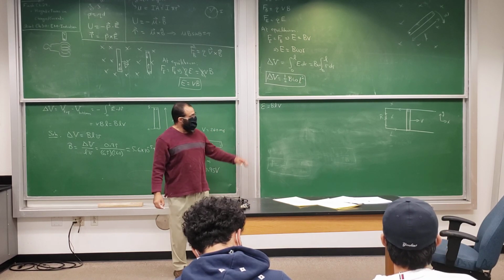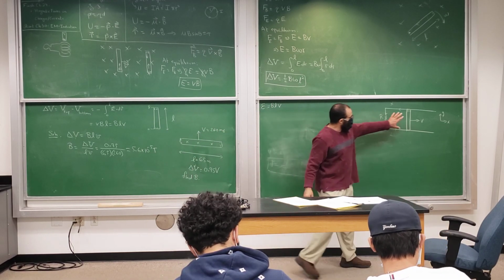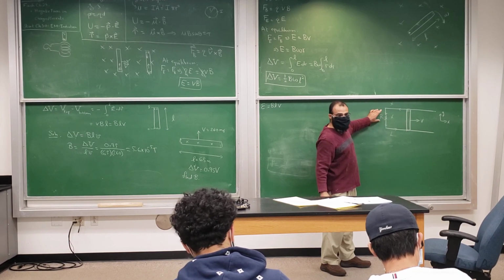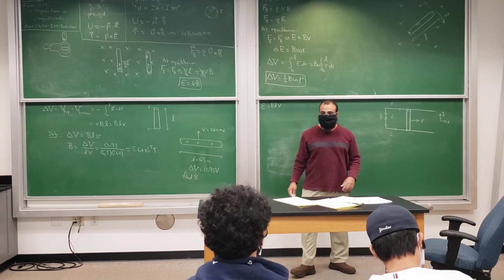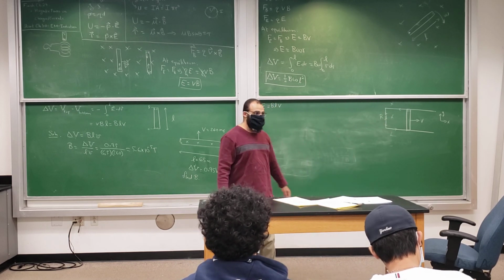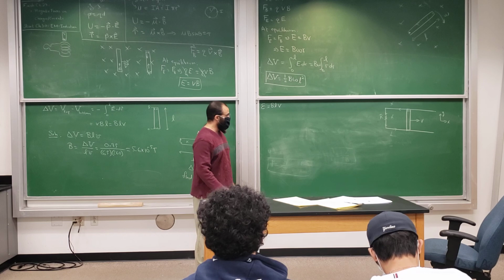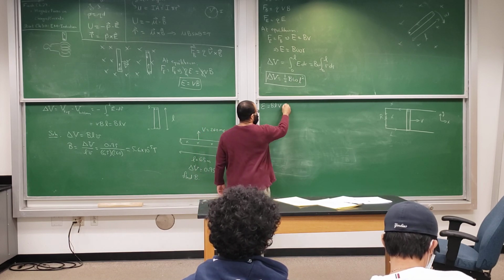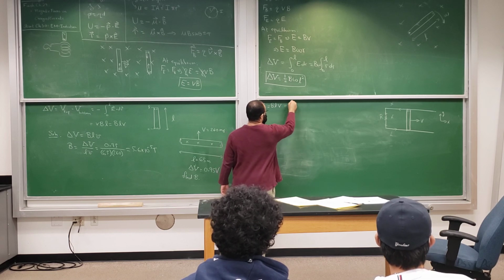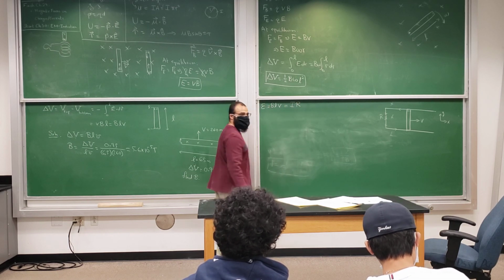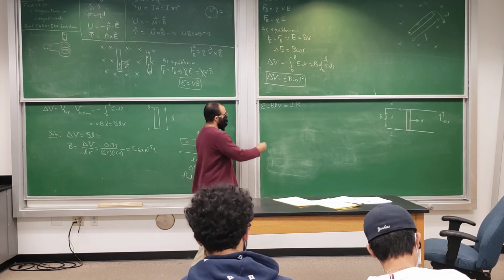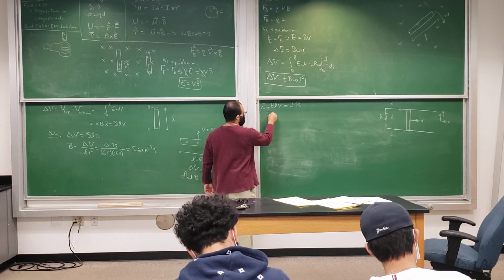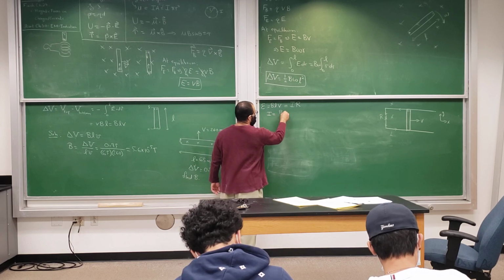Now, it's like you have a battery here, and a resistor hooked to a battery will experience what kind of current? What do we know? We know from Ohm's law, the voltage is equal to IR. So the current will be BL